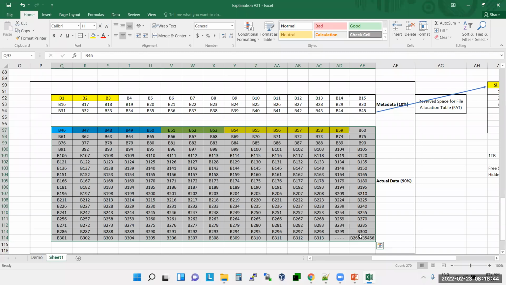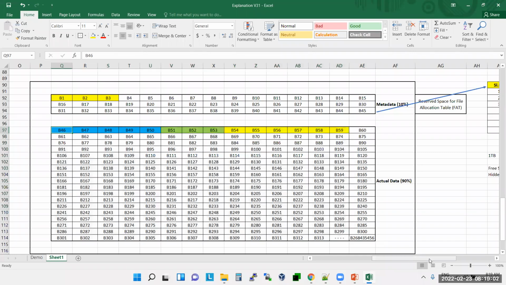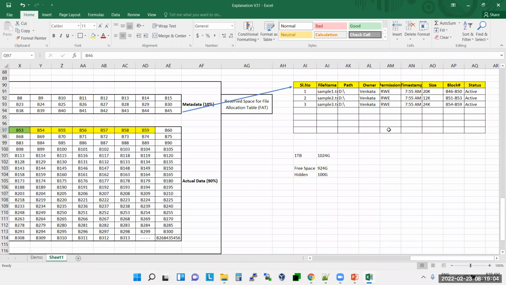It is like you have data, but you don't know which blocks are related to which file. Correct? Yes, sir. If you lose this one, there is no use of this one. Segregation will be difficult. See here, your data is in so many blocks. If you don't have this table, how do you identify which blocks are related to which file? You can't, right?